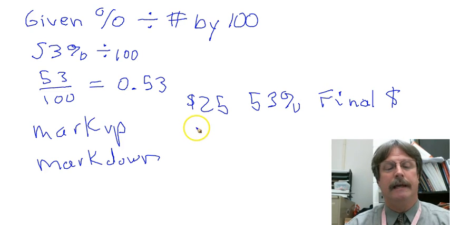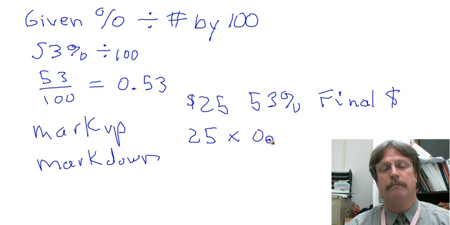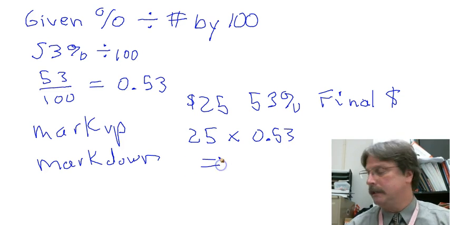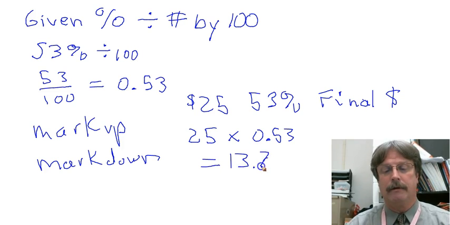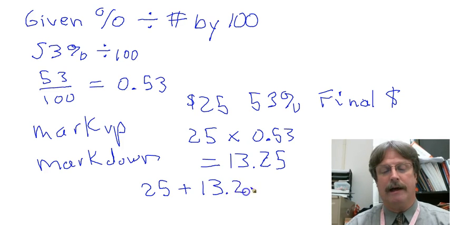So we're going to take 25 times 0.53, and that's going to equal 13.25. Now, keep in mind here, that is the amount of markup. So we now have to take the 25 plus the 13.25. And that equals